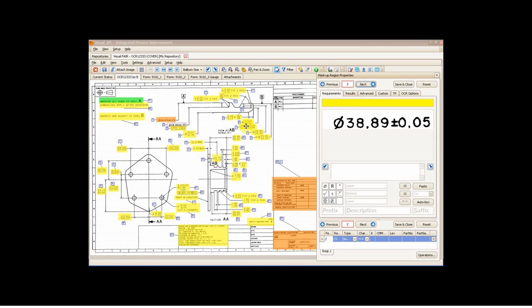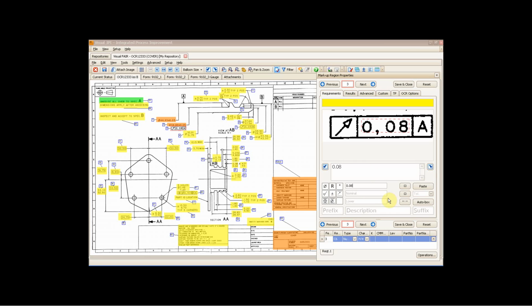When I click on next, you'll notice the color coding turns orange to indicate that it's correctly set. So let me just go and set a few more. The other way to do it is to hit the paste button and then have some tolerances preset and click on next. Here we've got some GDT, so I can either grab that and then drag and drop it into